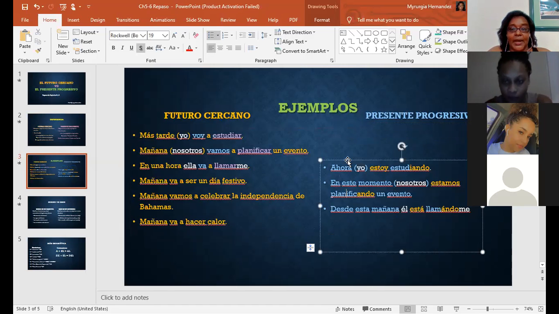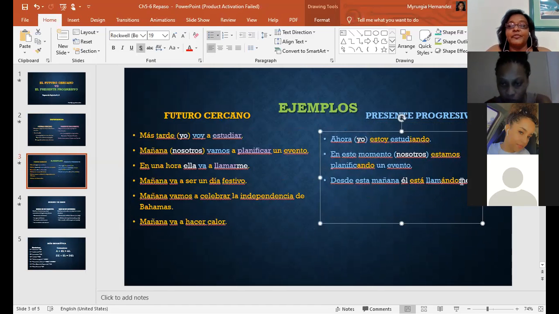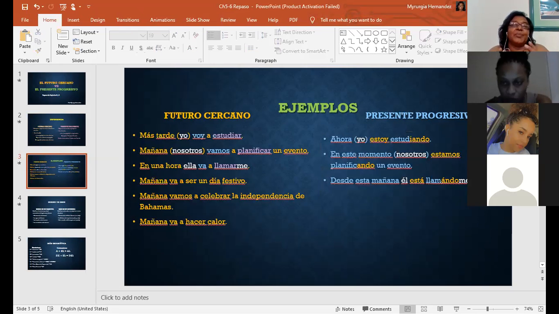Okay, vamos a ver ahora con el progresivo. Now, el futuro cercano, the difference is that because in English you could sometimes use one instead of the other, it may pose a question for you. And that's why I'm making sure that you establish the difference, right? And el progresivo en español is only used when you're doing the thing right now. For example, when you say seeing is believing, that is not present progressive. That is to see is to believe, isn't it? Seeing is believing means that to see is to believe, isn't it? Yes.